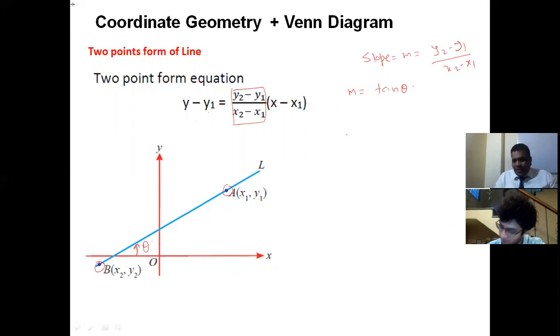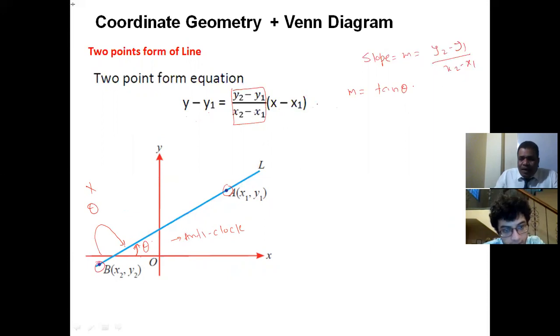And once again, I'll read. What is theta? Theta is the angle between the x-axis and the line. Start from the x-axis and go to the line in the anti-clockwise direction. See, starting from the x-axis and going to the line, this is also going, right? But you shouldn't take this one because this is clockwise. You have to look for anti-clockwise. Is that clear? Yes, clear.